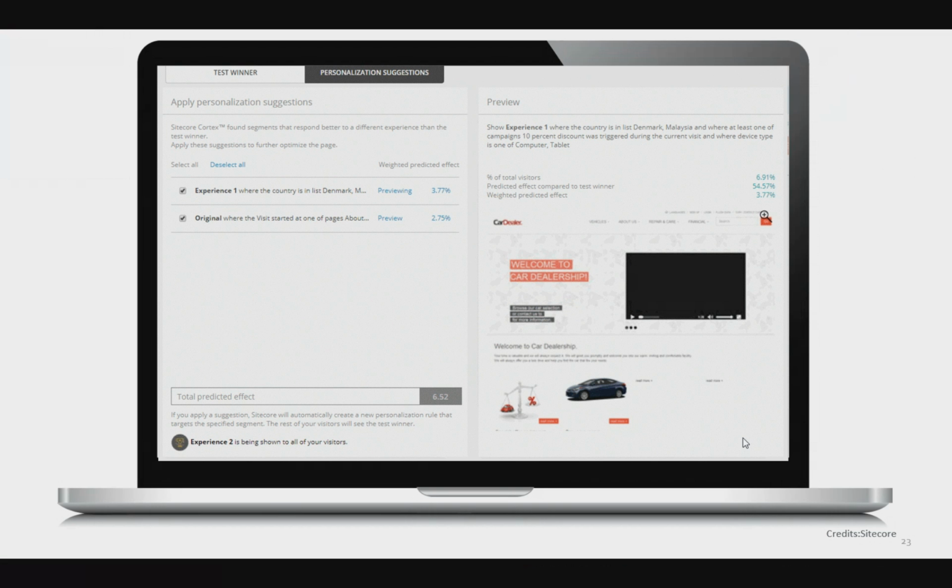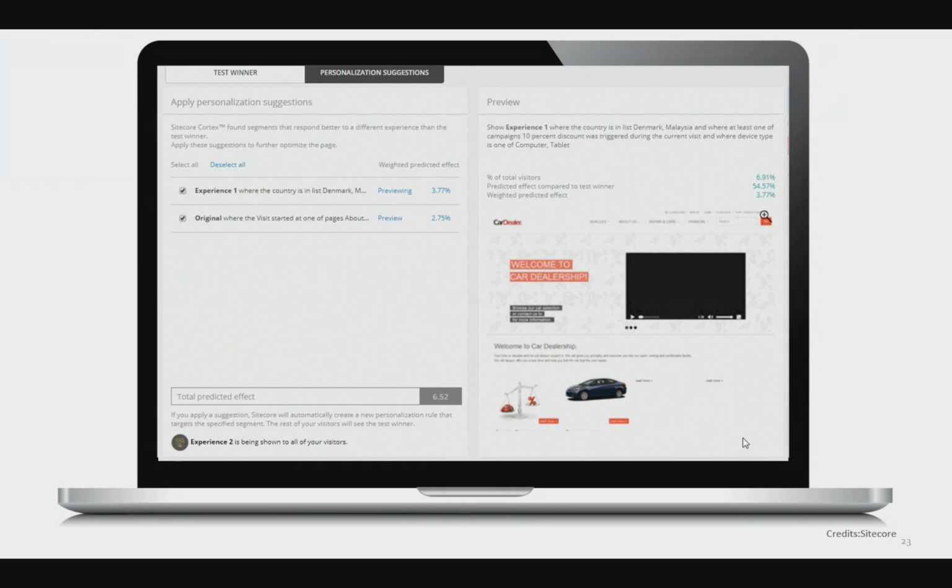If you apply the personalization suggestion, the test winner will remain as the default experience for the visitors who do not match any of the segments, but where these experiences were giving the best value, they will show up. They will be shown to those segments.